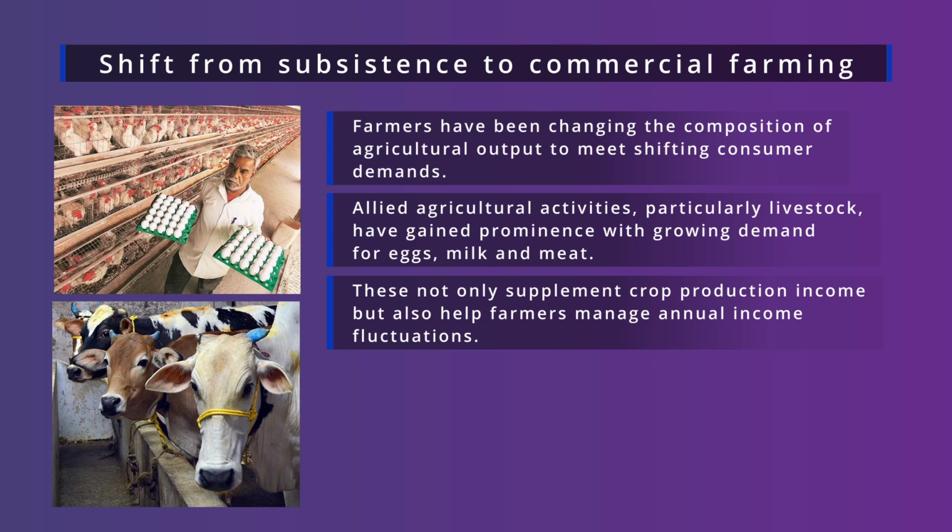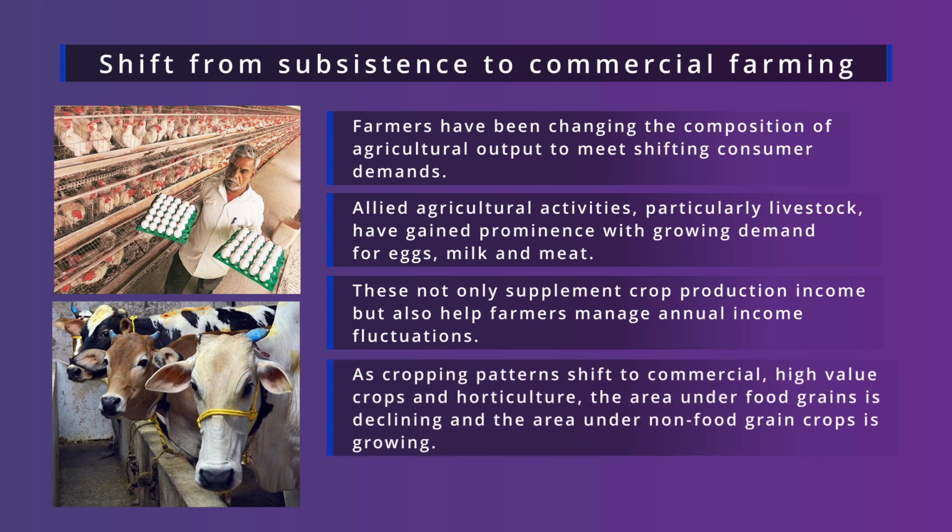Now, as a result of this shift from subsistence farming to commercial farming, the production of some core cereals is going down, and the production of high value foods, the horticultural products, fruits, are growing in a significant way. And if we look at the database, then we will find that during the 1970s, about 75% of the land holdings of the nation were devoted to food grains production, and it has been reduced to only 63% recently.